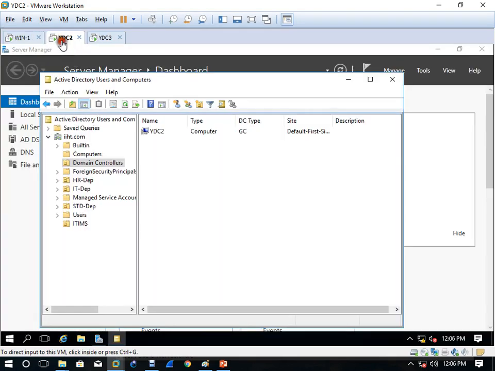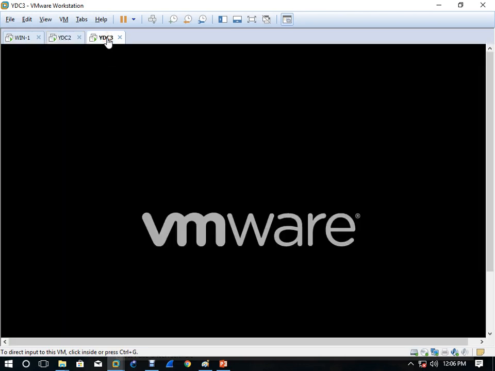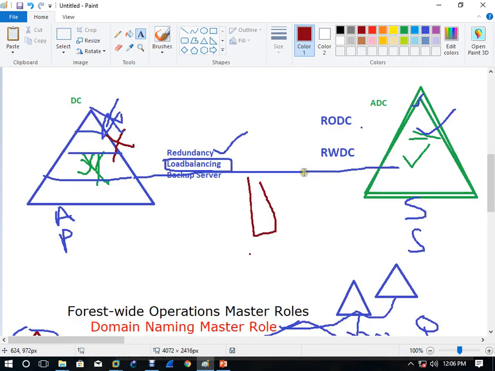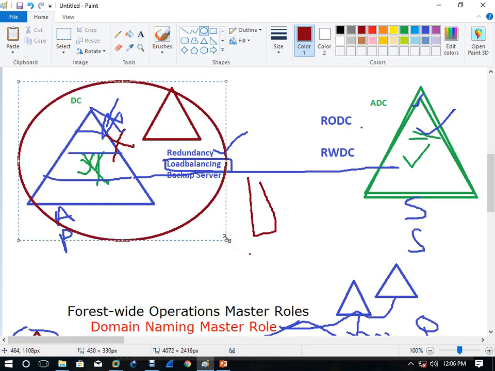So this is your domain controller which is in Douala, and this is your additional domain controller which is in, okay. And it's not that the backup server you always keep somewhere far away, no problem. Maybe this is my domain controller and I want to keep my backup server here in the same LAN, and I can connect it like this, no problem, right? Because if the server is down, I have another server to take care of my network. It all depends on you where you want to deploy.